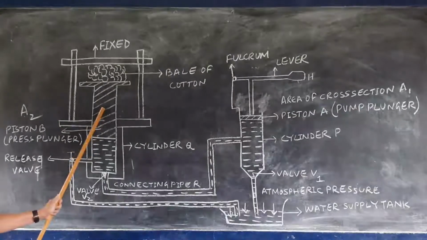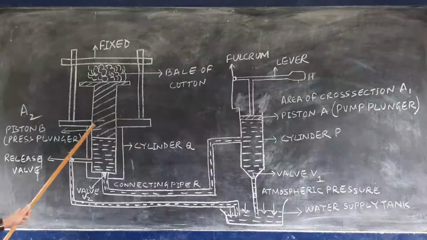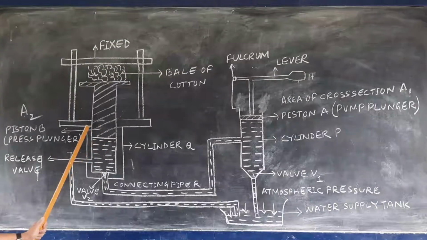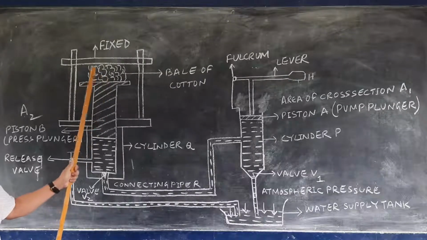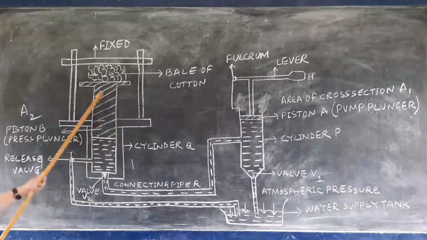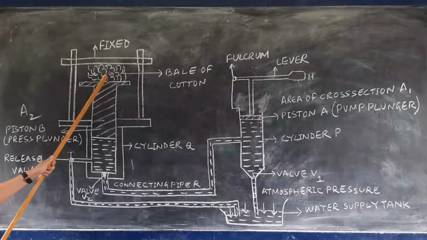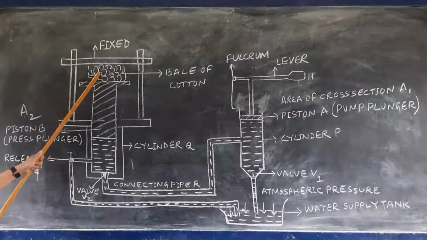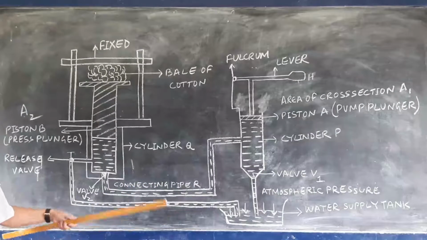The force will be exerted upward, and the greater pressure will also be exerted in this bigger cylinder, and due to that pressure and the upward force, this piston will move up. It will move up, and therefore the bales of cotton get compressed. So this is happening. When the bale of cotton gets compressed here, then after that, after completing the work,